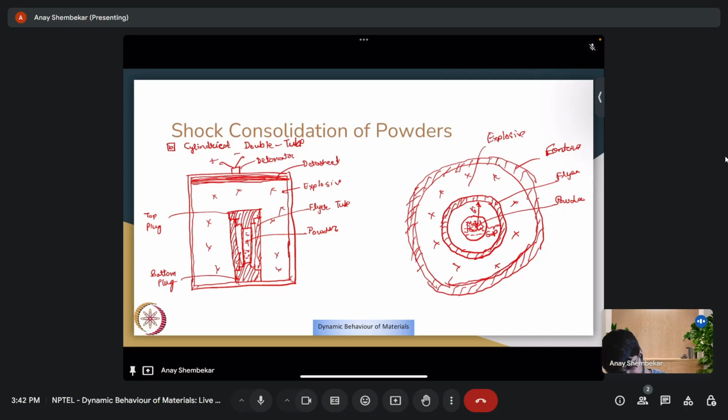And how it works is the explosive is detonated at top. Then you have a data sheet, which creates a uniform detonation front,